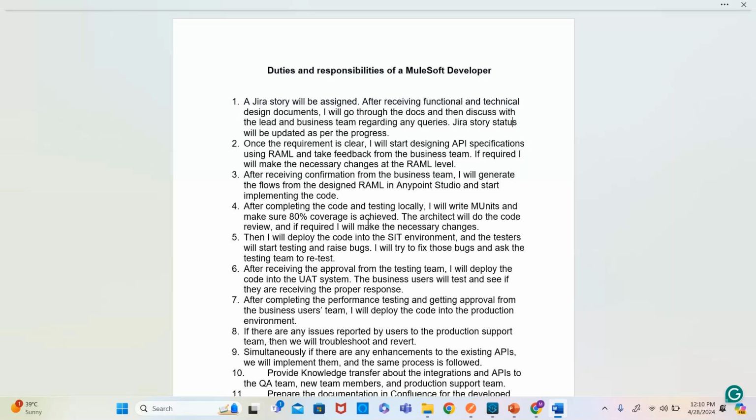You can go ahead with the further steps. This is the way you need to receive the approval or sign off from the QA team. Then we'll deploy the same code into the UAT environment. See, promoting the code from local to dev, dev to SIT, SIT to UAT, UAT to pre-prod, pre-prod to prod,